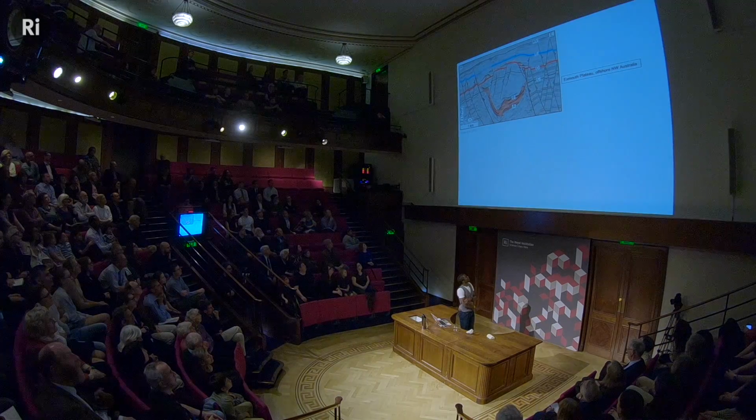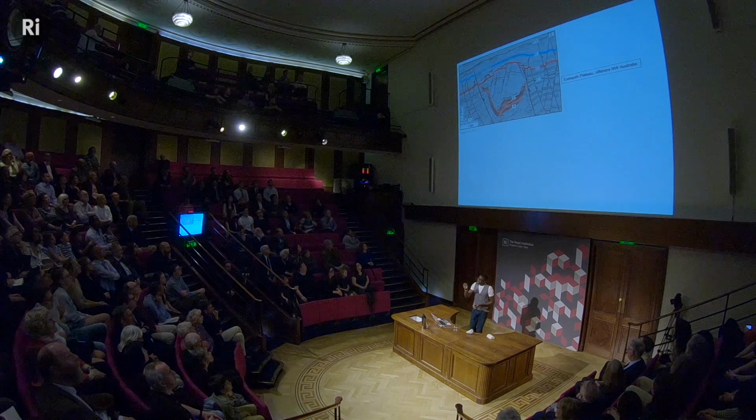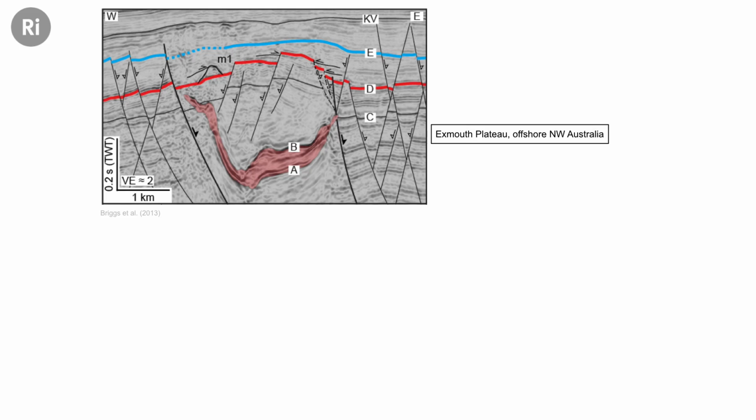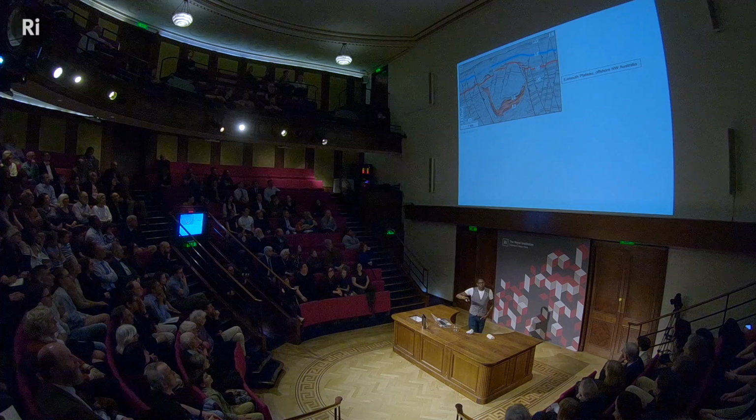So let's have a look at another example from offshore northwest Australia. Again, coloured in red here is one of these sills. Always take note of the scale bar. This is 1 kilometre, so this is a huge thing. This is about 200 metres vertical. So this thing is cut up through almost about 0.5 kilometre of clastic rocks. This is Jurassic rocks in here, so about 155 million year old rocks, looking about 4 kilometers below the seabed